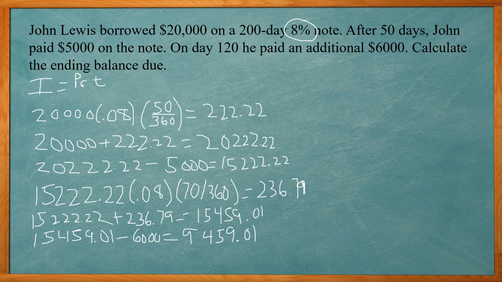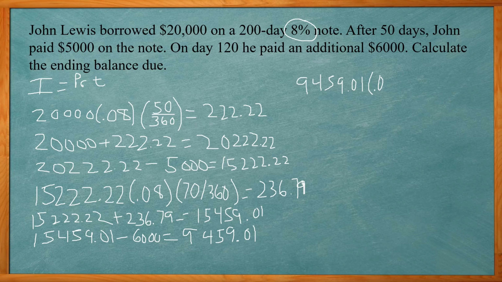All right, and then the ending is at the 200 days. So for the last payment at the 200-day mark, we got 200 minus 120, that's going to be 80 days for that amount of time. Again, we need to figure out the interest that accumulated during that time. So our current balance is 9,459 and 1 cent